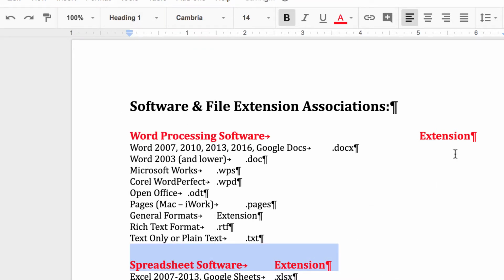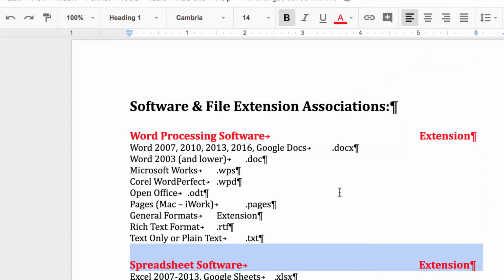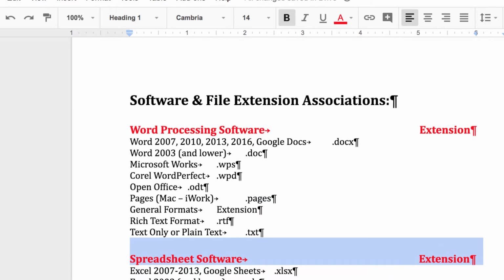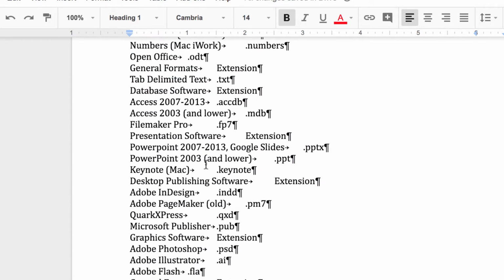Okay, so for whatever reason, it doesn't look like it's keeping the tab in there, so I'd actually have to go in there and do a right tab stop, which is not very helpful, unless I'm doing something wrong, but I'll try this again. So that's one style. So Heading 1 is basically all the software categories in here. Presentation software, I could go in here and give it a Heading 1